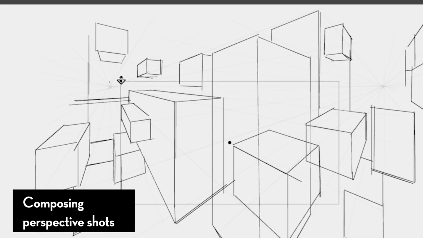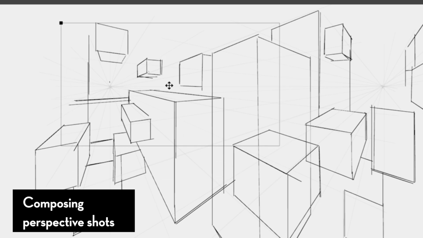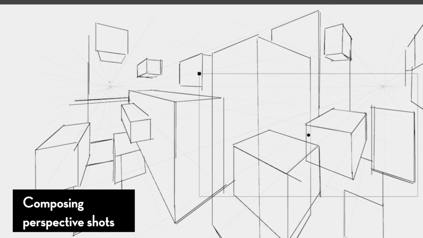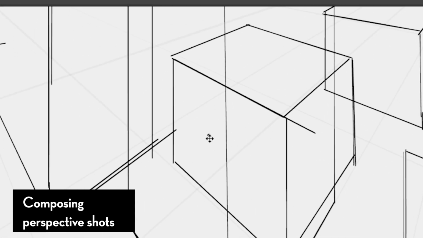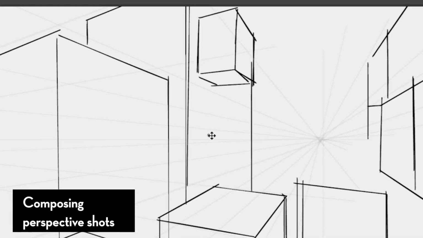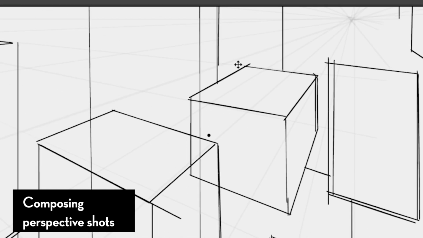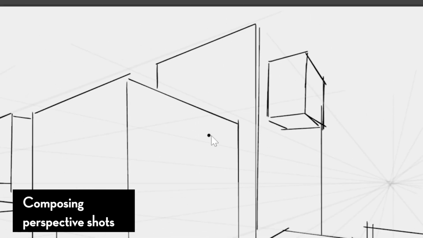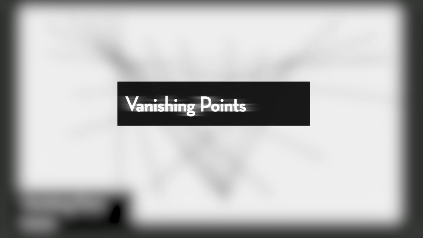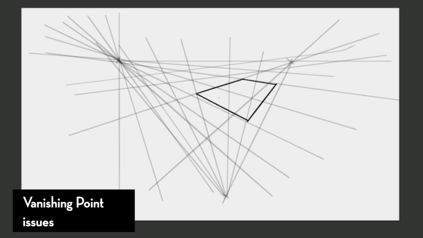You'll notice that if you frame your compositions above or below the horizon line, it kind of changes the point of view or direction of where you're looking. So if I put my frame above the horizon line, I'm kind of looking up. If I put my frame below the horizon line, it gives the impression I'm looking down. These are how illustrations or images use perspective. So what if the vanishing points are too close to each other? And this was something that I talked about early on. It can lead to a fisheye result, which means everything is so compressed.